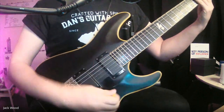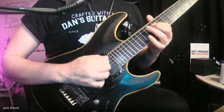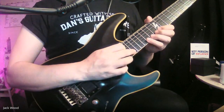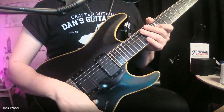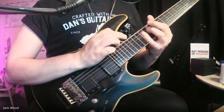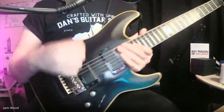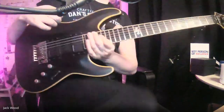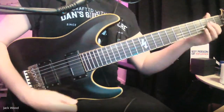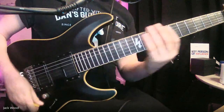So basically all that's happening there is we've got our position 1 box. We're going 7 frets up, so 12 to 19. And if we tap that on every string, we can always get a nice little shreddy thing. That's also the same if we're doing position 4. We can also tap on fret 12 now. So that gives us...